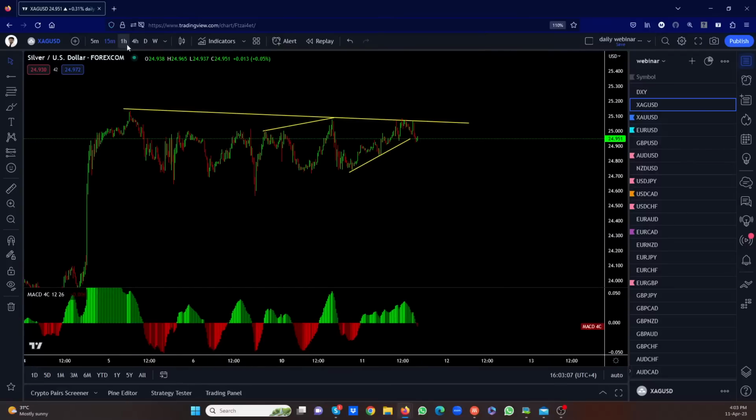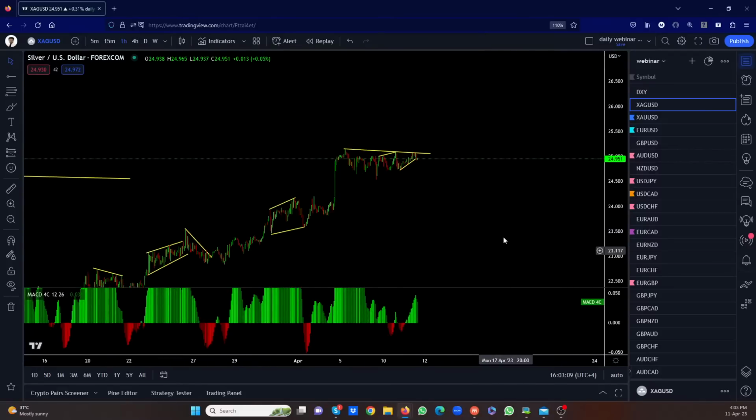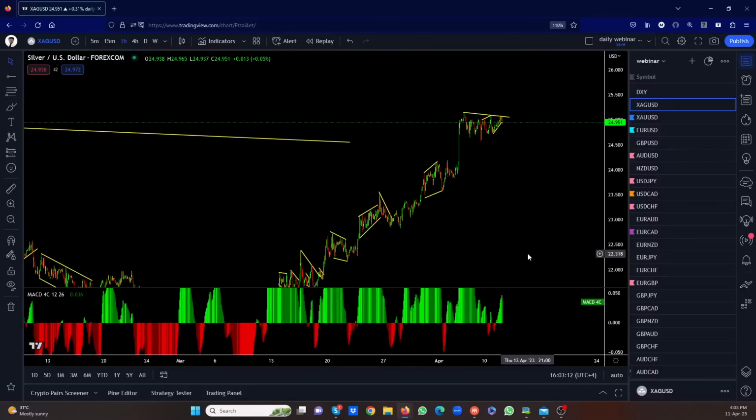Go on the 1 hour, I'll show you. We'll look for a buy from the bottom. On the 1 hour, it would look something like this. See this whole big flat there, that whole piece, and it came back to the bottom here, and then you look for the buy. You either get it from here or from the bottom here going up. So if this drops here, you probably look for that trade to the upside.